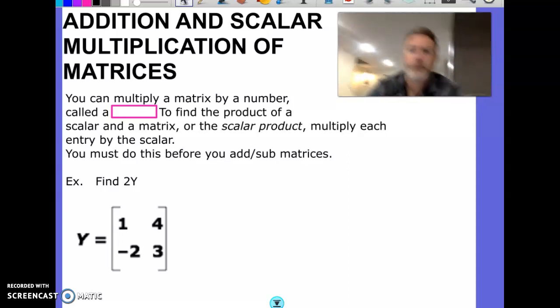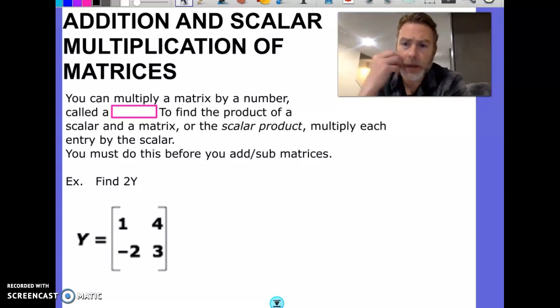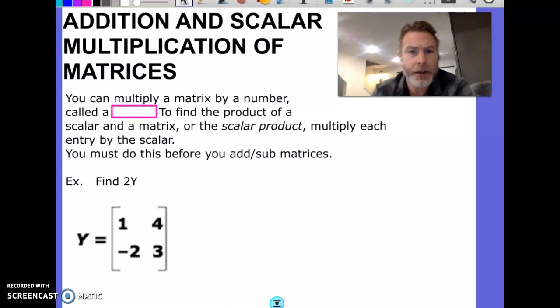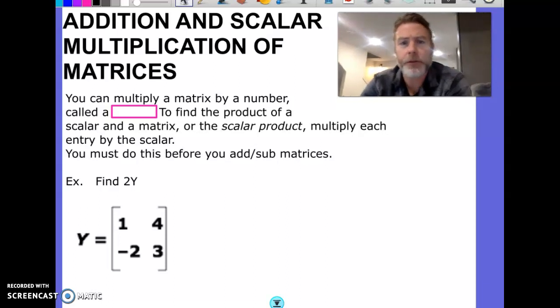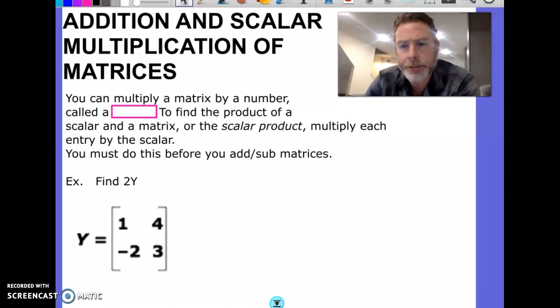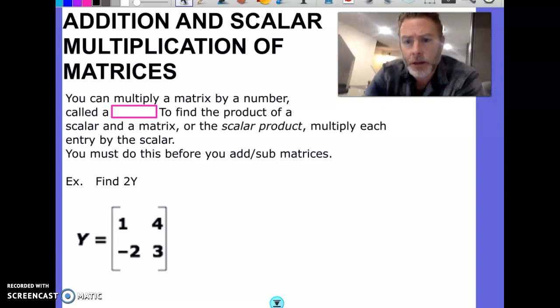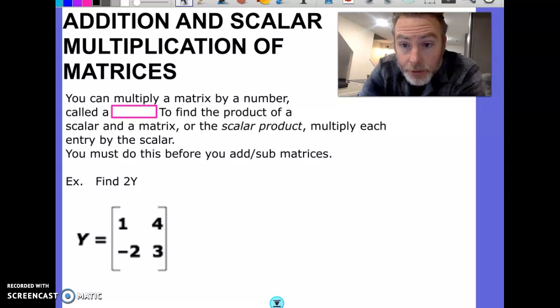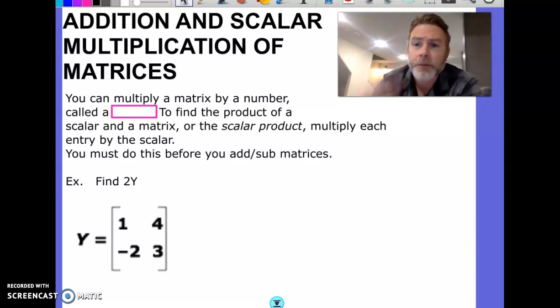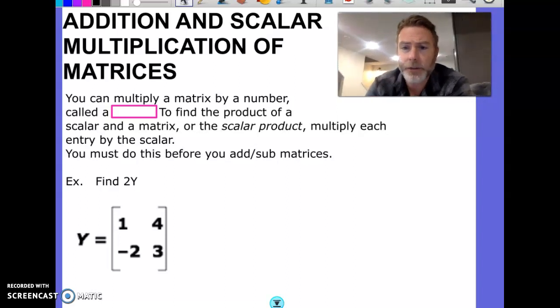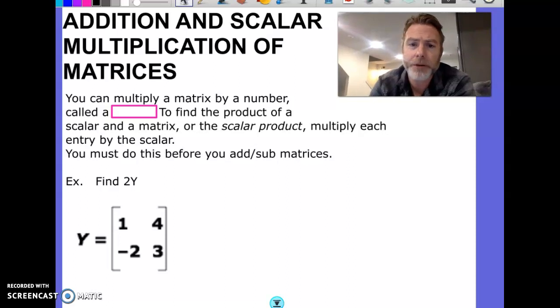Hey y'all, what's up? Just thinking about you guys and thinking about if you know how to add and subtract matrices with scalar multiplication, and just kind of thinking maybe you don't. So I'll do a quick lesson for you guys today. That's our one job. We're going to still add and subtract, but we're going to do that with something called